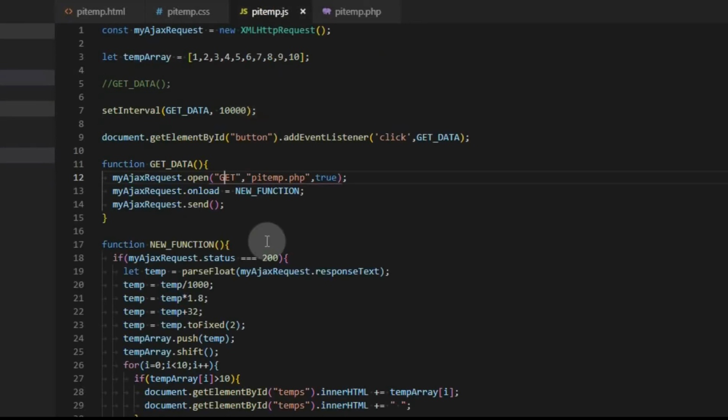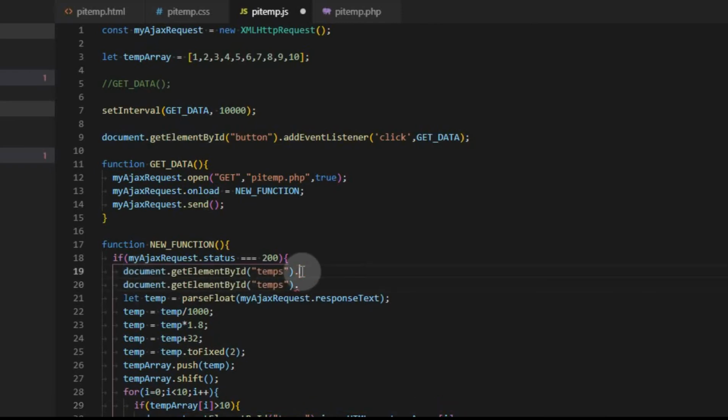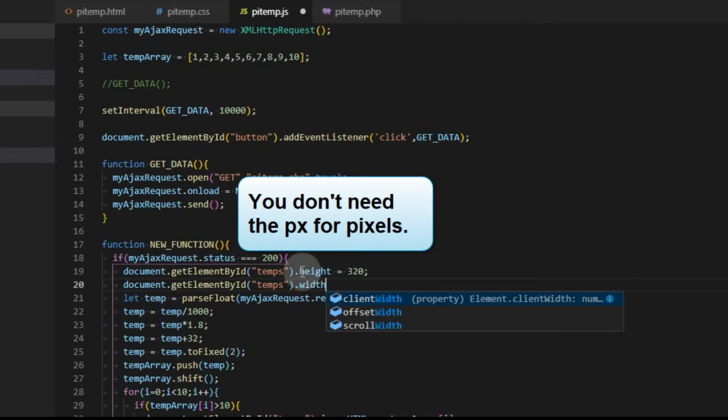the JavaScript. When you're working with Canvas, you have to define your height and width of the object. I've had some discrepancies doing it in CSS, so I like to define it specifically in the function. The way we do that is we're just going to do it like we've done all the other ones. We're going to target it by the document and then getting the ID. And we already have it down here, so we can just copy it. And we're going to do the height and the width. And we're going to set the height equal to 320, just like we did in the CSS, and the width